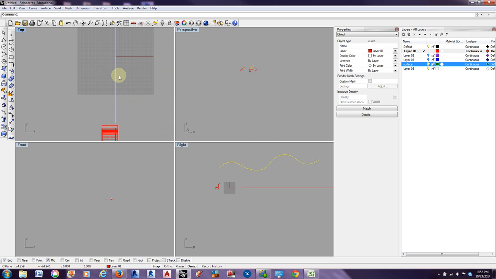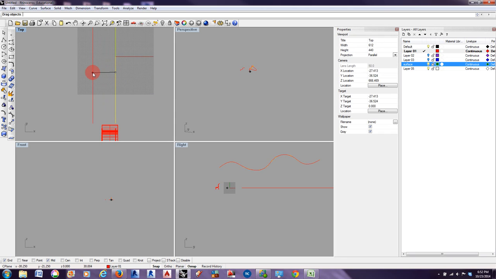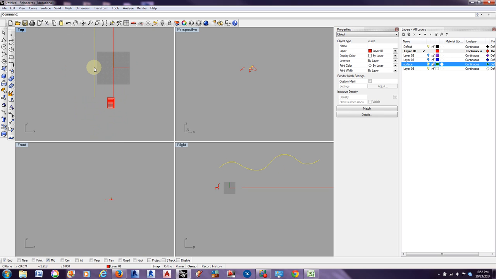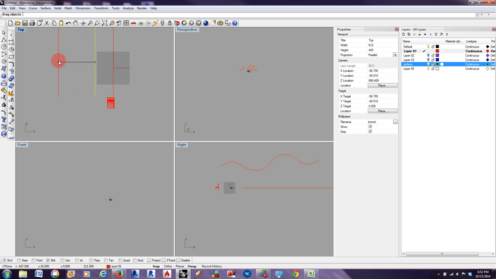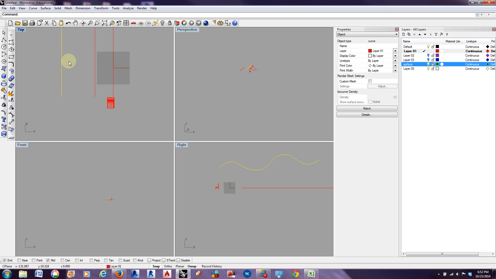And let's Control C this and Control V. If we also select it and hold down the left mouse button, we can just drag it. And I'm going to Control Z and Control V that one more time, and just click on it and drag it. So now I've got three